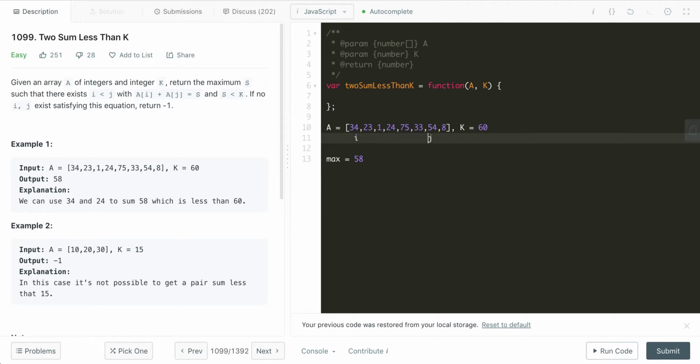We're going to keep going all the way till we hit the end of the array, and then we're going to reset j and increase i to the next number. And then we add 23 to every possible number to the right of it: to 1, to 24, to 75, to 33, and then we keep doing that. At every iteration, we're checking if that sum is greater than our current max. And doing so, you would have compared every possible number until